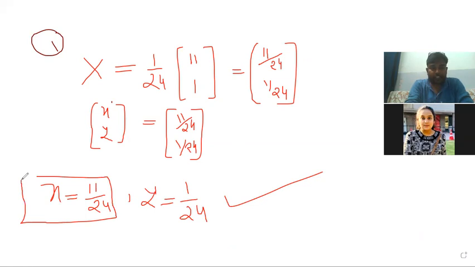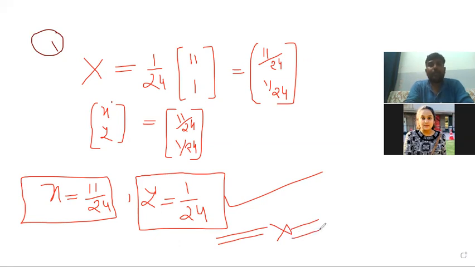In our system of equations, only two variables were available, so we got the value of these two variables. So our solution is complete. In this way, when a 2x2 system of equations comes in the examination and you solve it by using the matrix method, we go through all the process we have done. It is very simple.